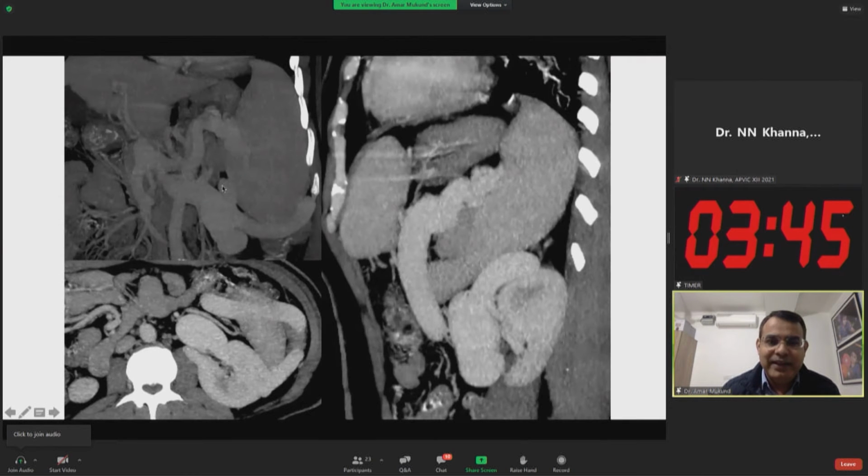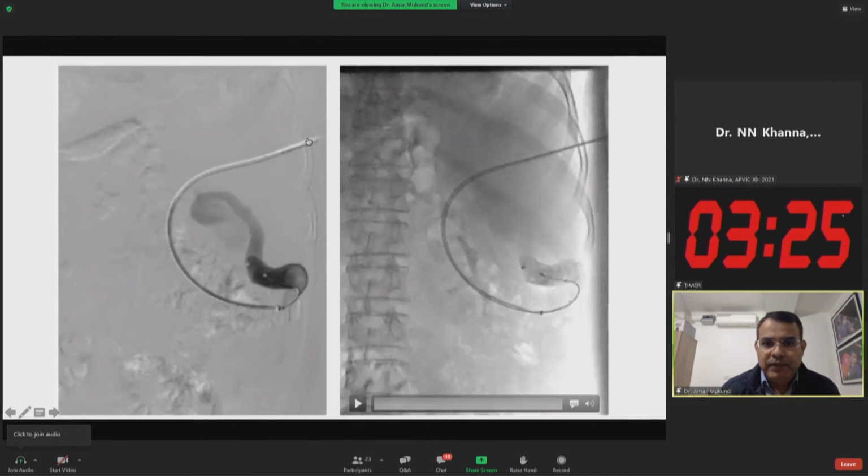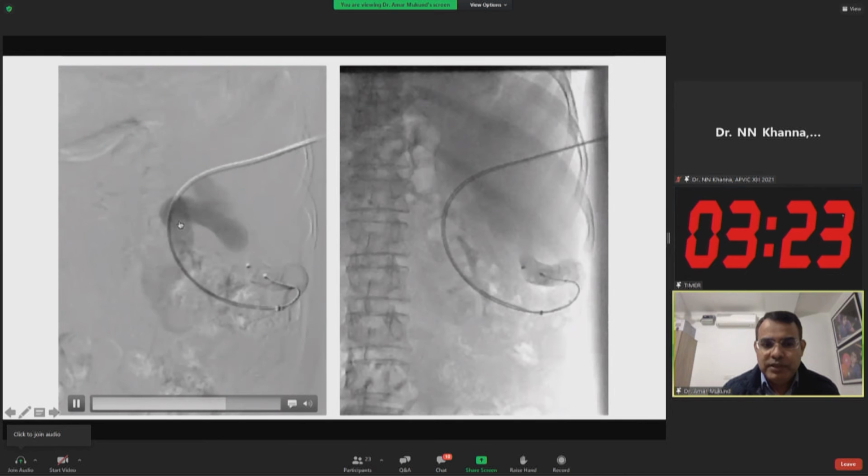And here is a case where it was a very different kind of a shunt, a difficult anatomy where cannulation through the systemic side was difficult. And even from the hepatic side, because the portal vein is too thin, transhepatic access was difficult. So we planned to get into it through a transsplenic access. And we had a sheath placed in the splenic vein through the splenic parenchyma.